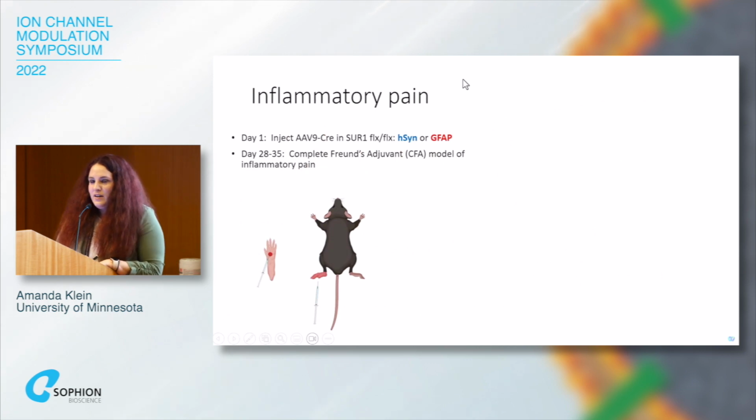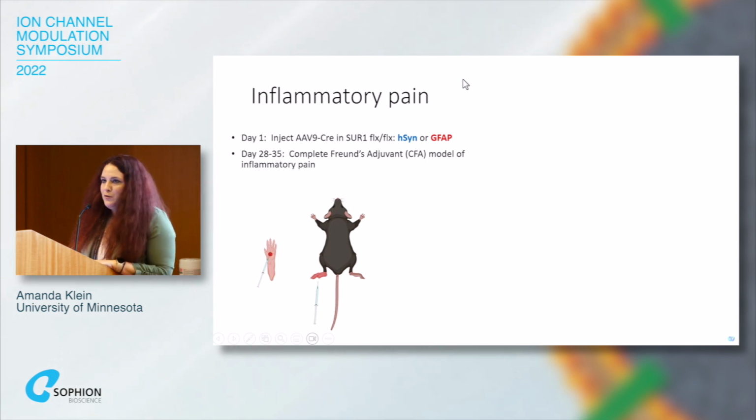We also decided, since we thought we were going crazy, to try this using an inflammatory pain model. Again, this is the CFA model of inflammatory pain. CFA, for those of you that don't know, is basically a killed mycobacterium that causes a local inflammatory response in one of the hindpaws. We call this the puffy foot model in our lab because that's what happens to the mice.